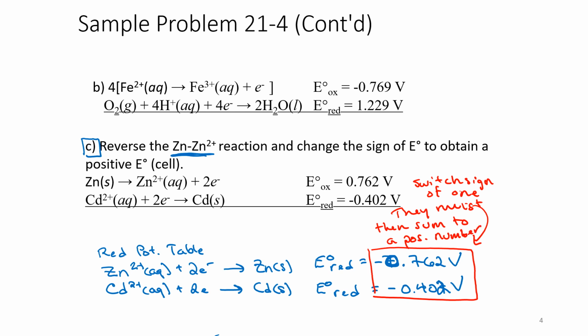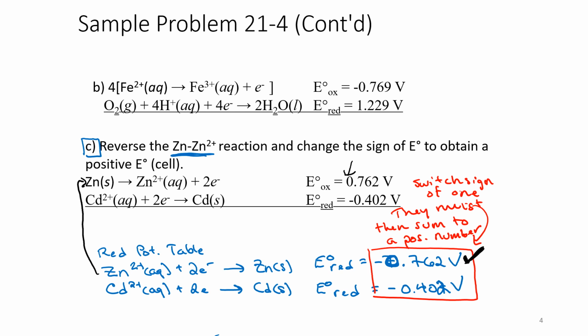Our standard voltage has to be positive. So if I switch the sign of 0.402, negative 0.762 plus 0.402 is going to give me a negative value. We must change the sign of the top one, which means we're going to reverse that reaction so that it's the oxidation step, which means we have now reversed the sign to be positive